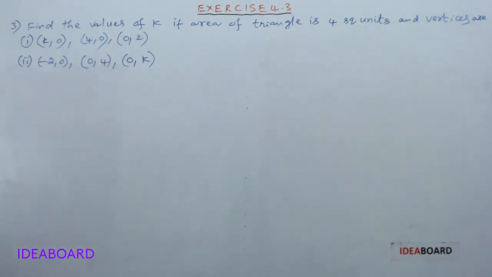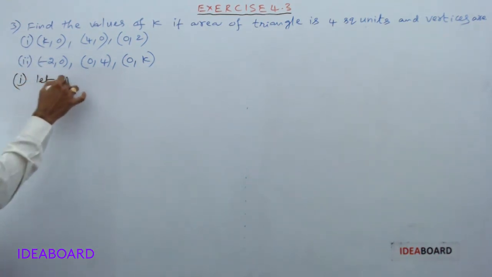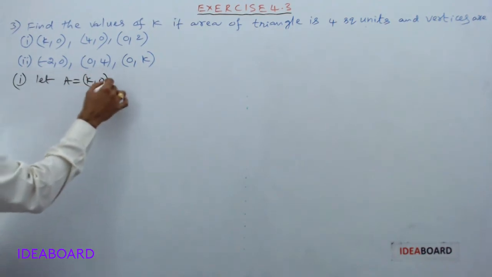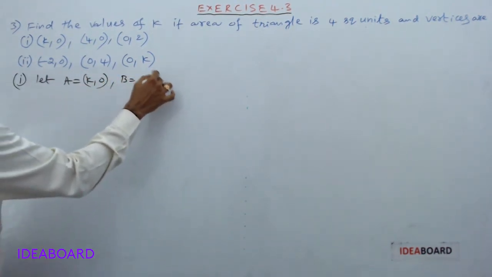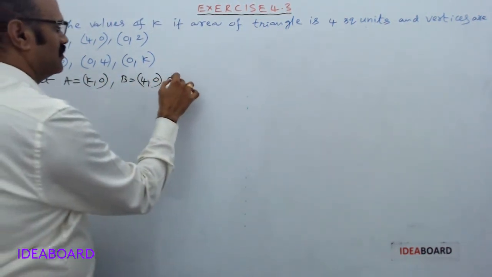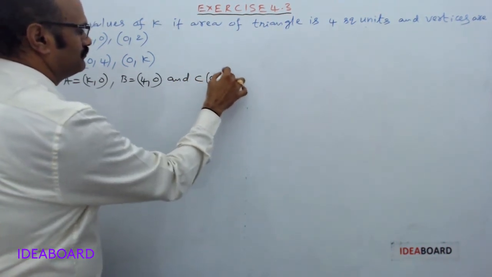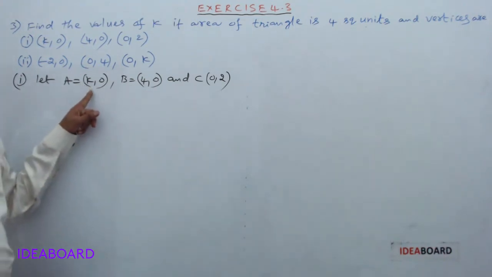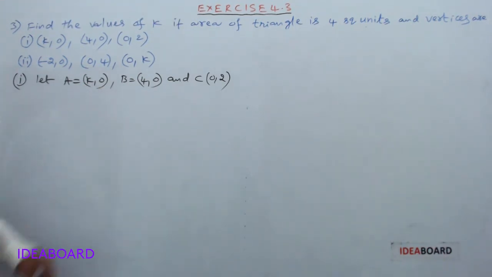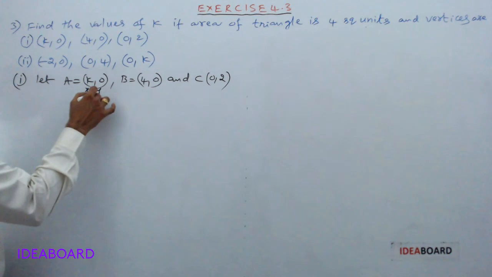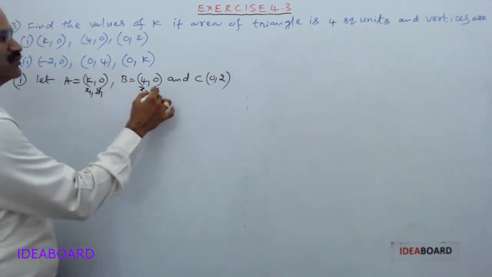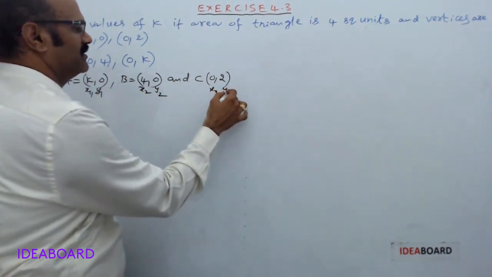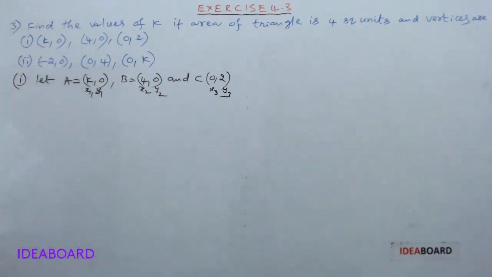Now, let A equal (k, 0), B equal (4, 0) and C equal (0, 2). Take A as (x1, y1), B as (x2, y2) and C as (x3, y3). We know that the area of triangle ABC, the formula is